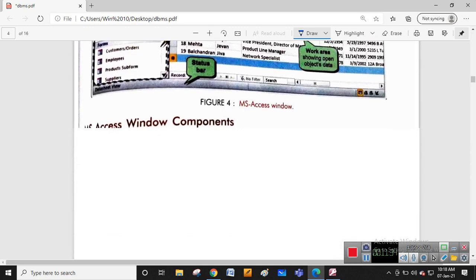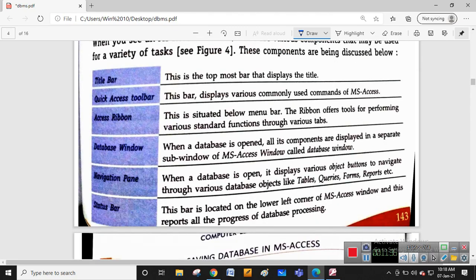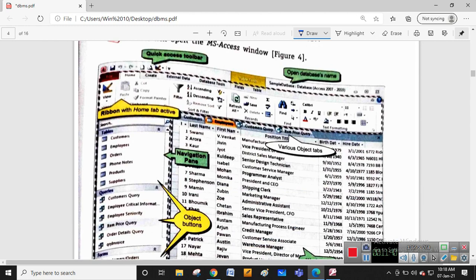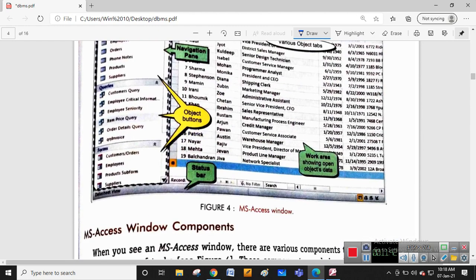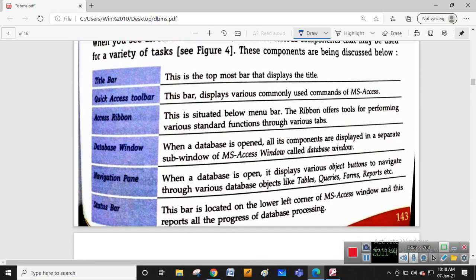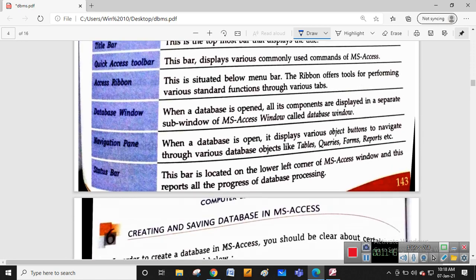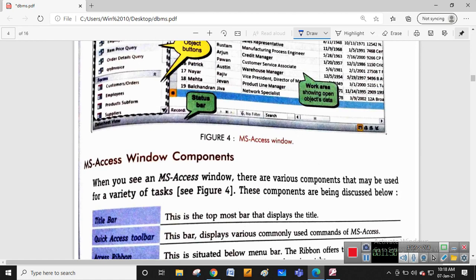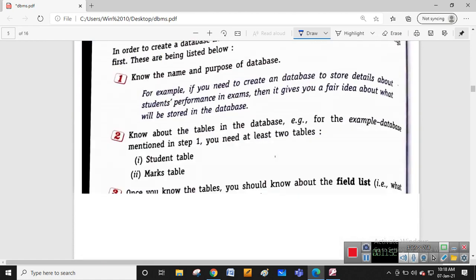Then the navigation pane: the tables, queries, forms you see are all called the navigation pane. And the status bar is in the left corner; the datasheet view is shown in the status bar.